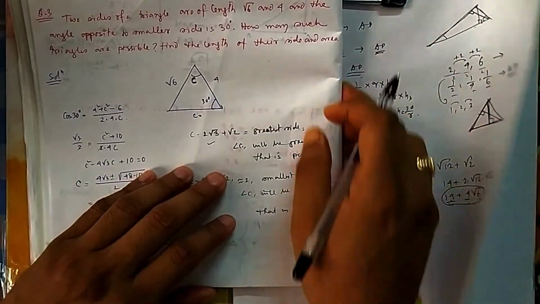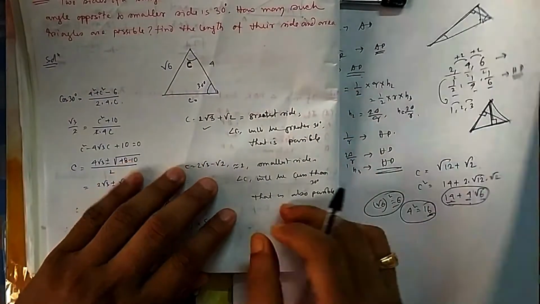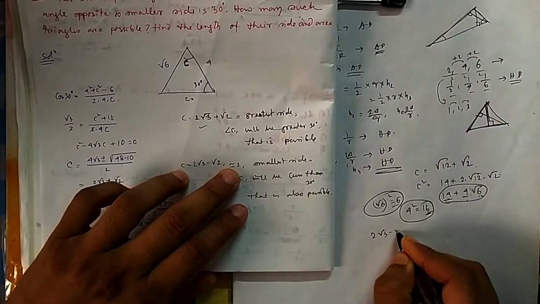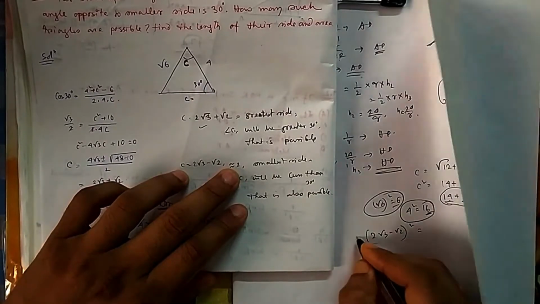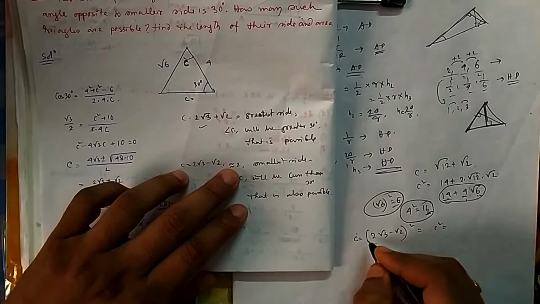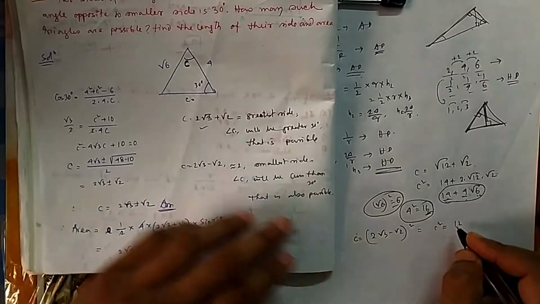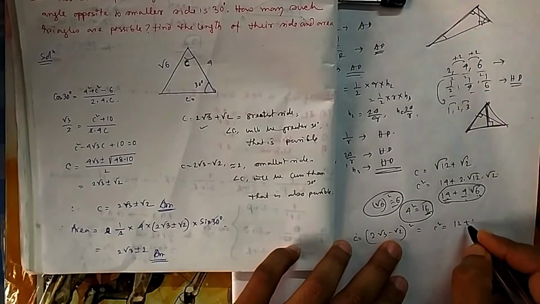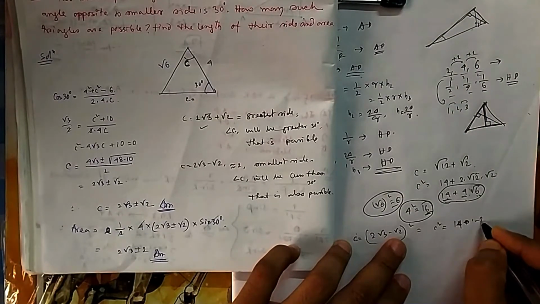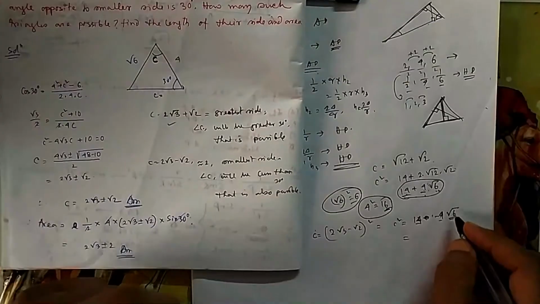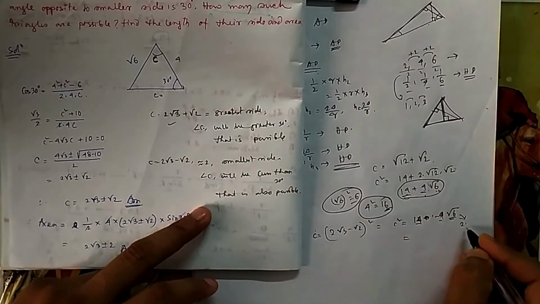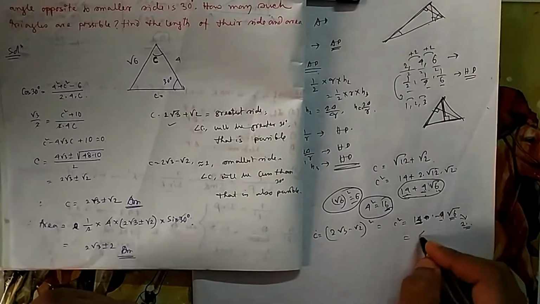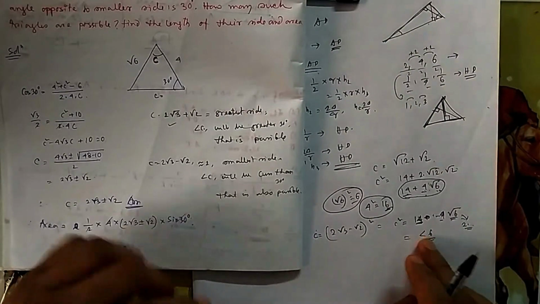This is 30, so this can be the greatest angle. Greater than 30 is possible in a triangle. Okay. Now if you take 2 root 3 minus root 2, if you take the square of this, suppose it is C, so C square is equal to 12 plus 2, that is 14, minus 4 root 6. What will be the value of root 6? Root 6 will be 2 point something. So 4 twos are 8, more than 8. So if you deduct more than 8 from 14, it will be less than 6. That means in that case it is the smallest one.